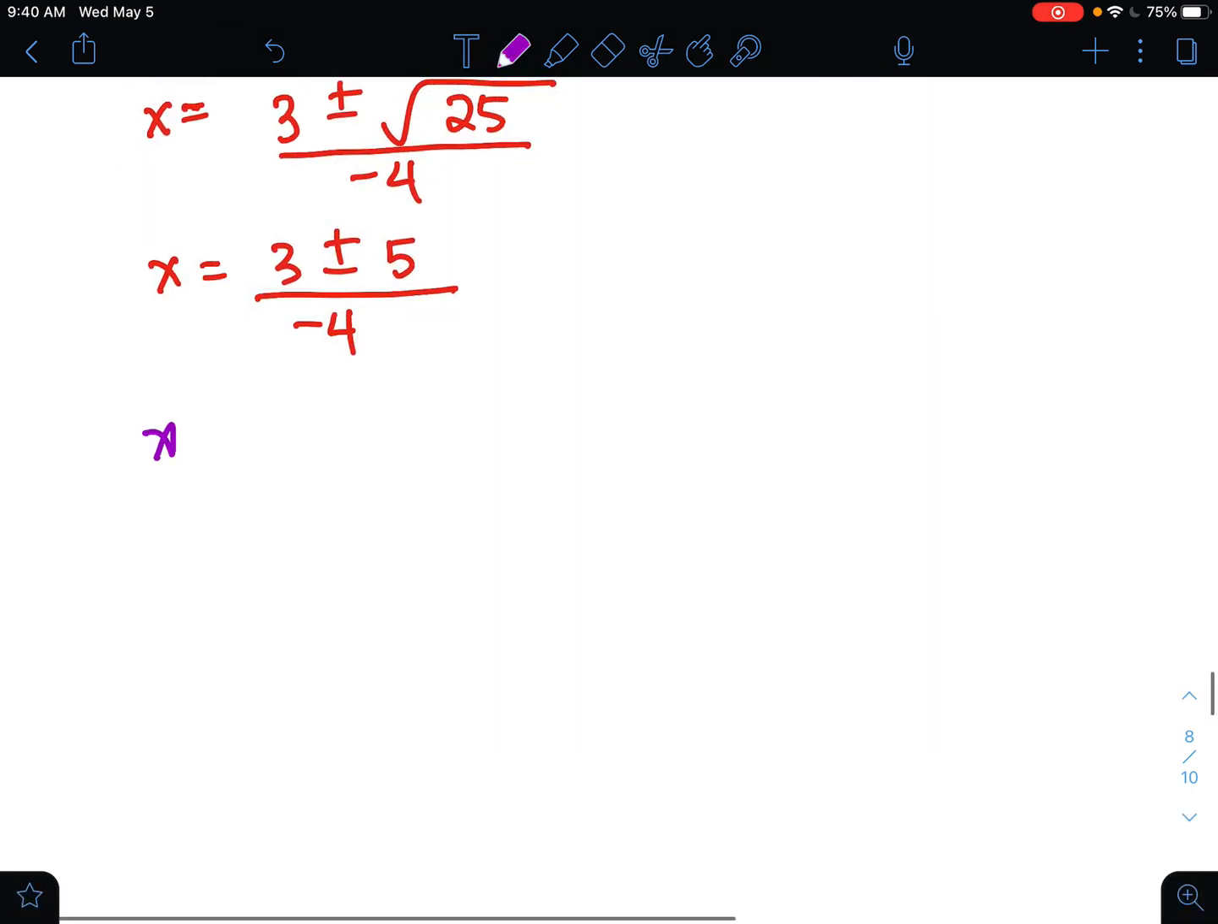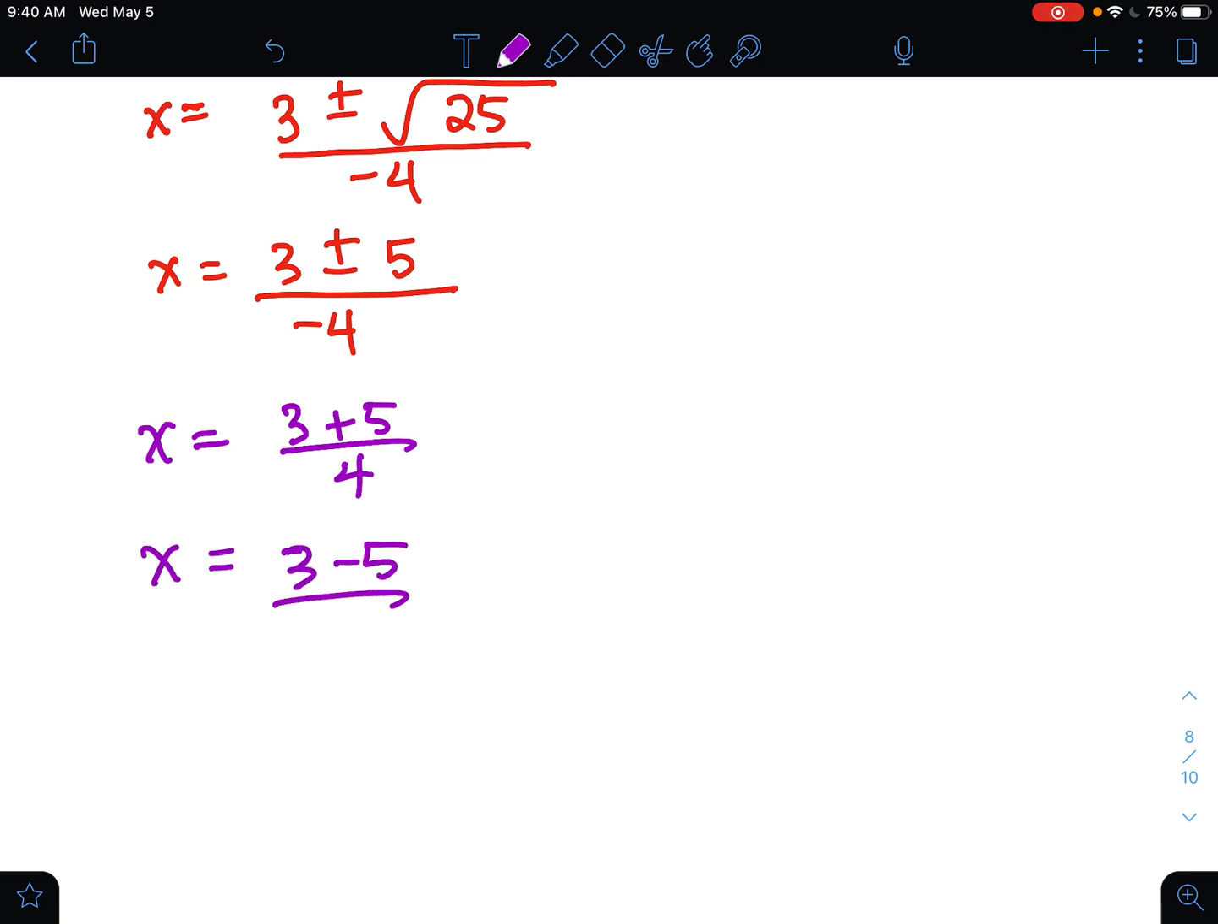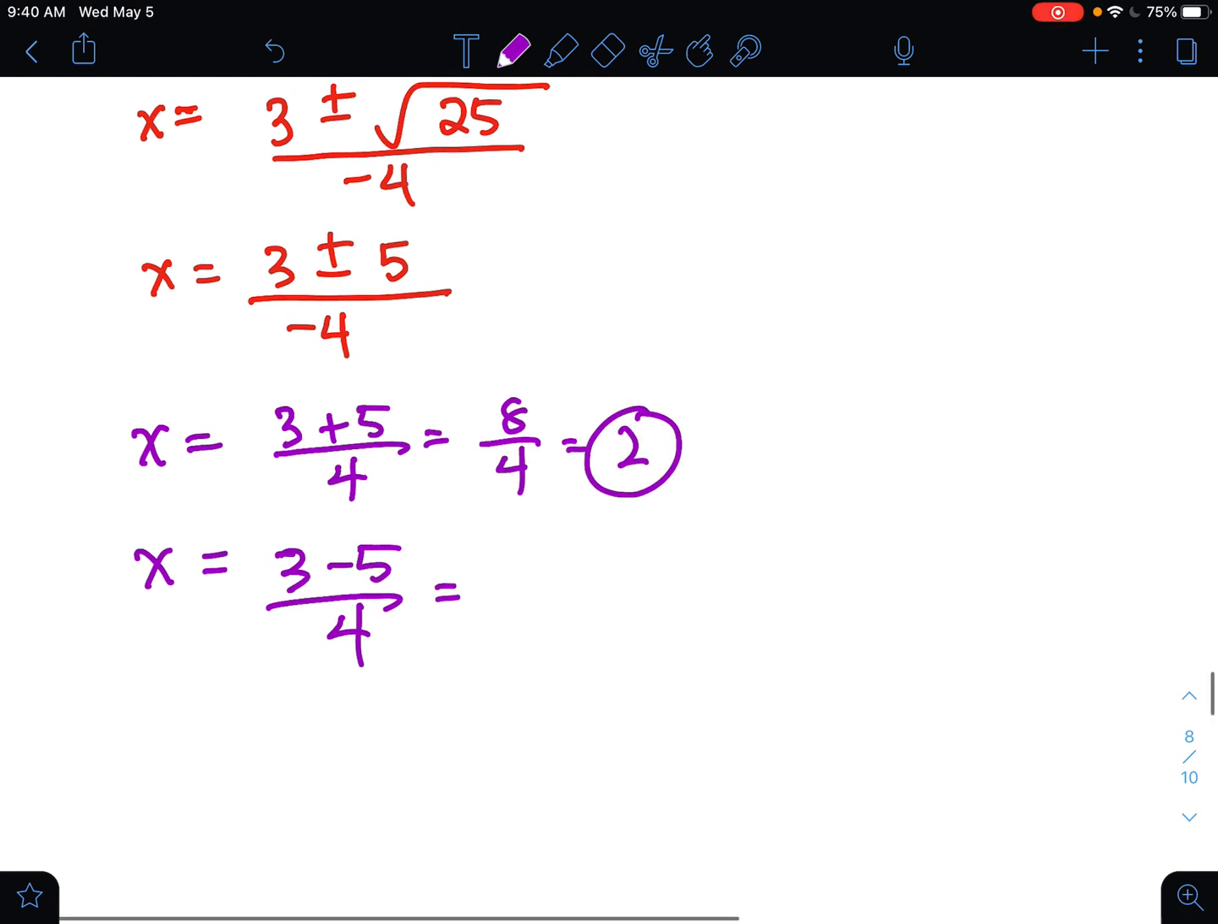Okay, now I'm going to make two equations. I'm going to have x equals 3 plus 5 divided by 4. The other one is x equals 3 minus 5 divided by 4. Okay, 3 plus 5 is 8. 8 divided by 4 is 2. 3 minus 5 is negative 2. Negative 2 divided by 4 is a half, but we're going to round it to a decimal again. So that's going to be negative 0.5. Actually, I'm not rounding. I'll just convert to a decimal. So my solutions are positive 2, excuse me,